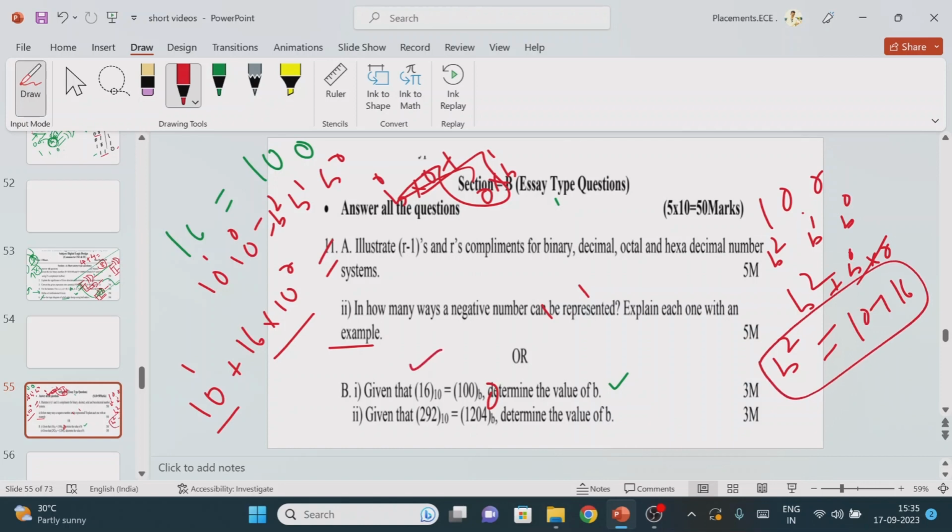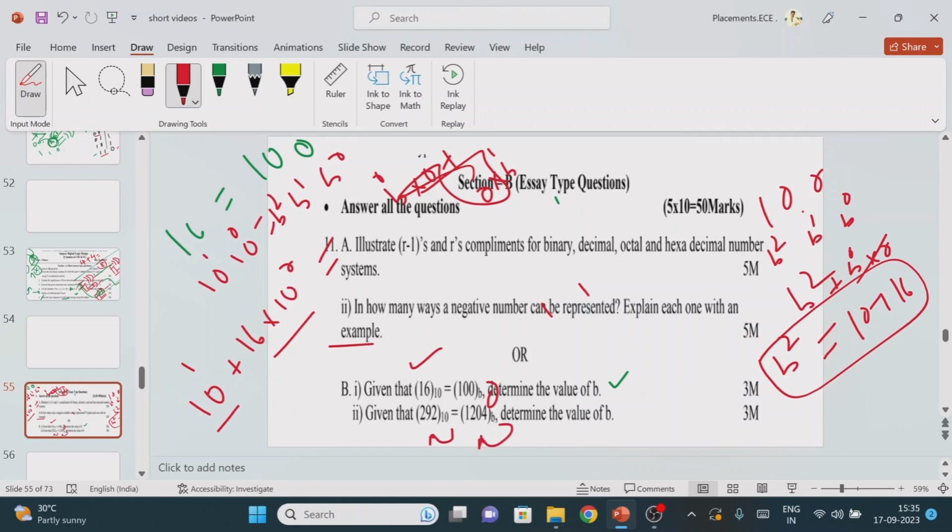Like that we need to start the problem. Here we need to apply the positional weight, and here also we need to apply the positional weight. Then find the fractions. Then you will find the positive value as well as the negative value. The positive value is the final answer.